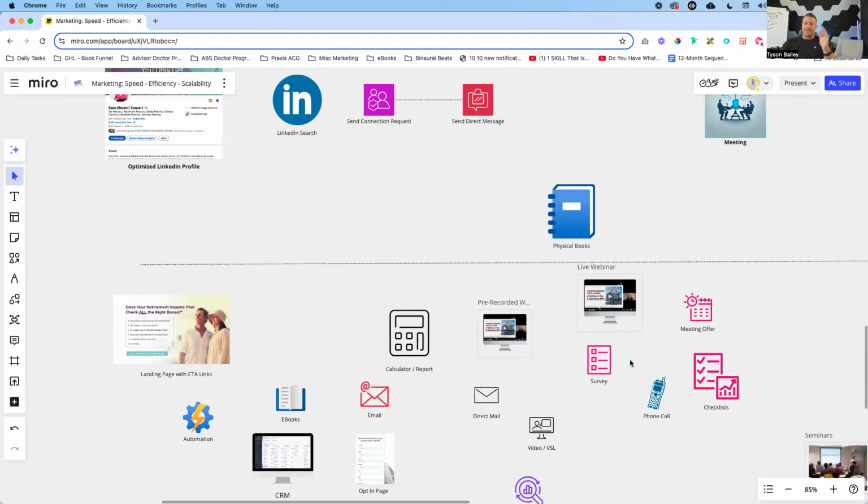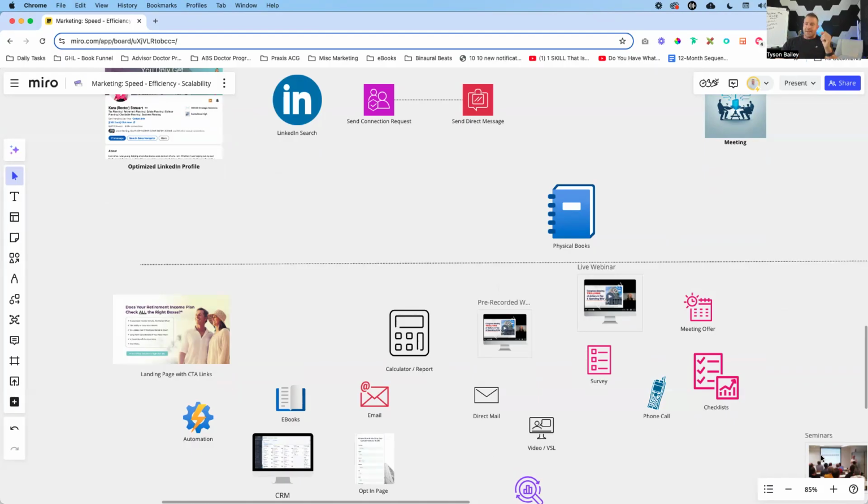Now, what I mean by that is if you go look at your carriers that you're with, your IMOs, whoever's in your upline, typically there's going to be some sort of report, ebook, guide, video, something that you can position out in front of your audience, something that you can give away that is going to help them understand how you can solve their financial problems.